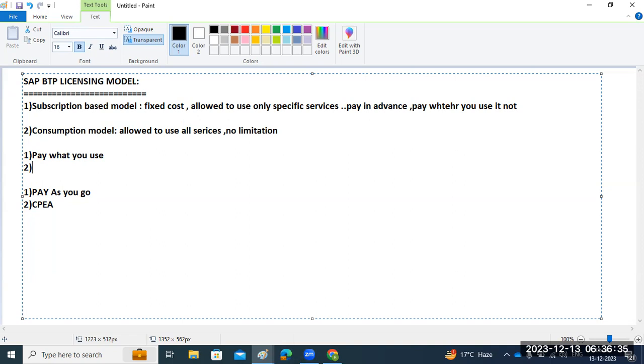You can go ahead and delete or inactivate it. That is the consumption based model.